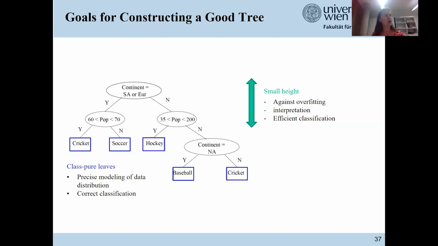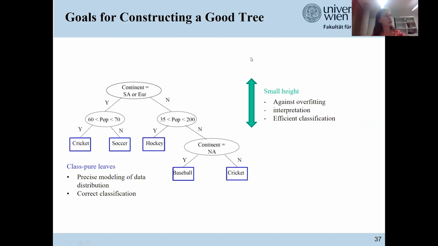Furthermore, when we have a small height, we are more robust against overfitting. When the tree is very expanded, it really covers every single data case of our training data. And as I said in the very beginning of this talk, we don't want a model that is correct or that covers 100% of our cases, because that is essentially overfitting, and it will hurt us because we then have a bad generalization to new or unseen data.